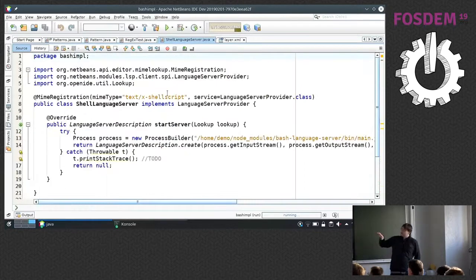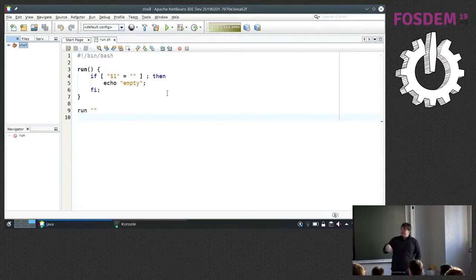As a demo, to not be too controversial, there is a server for the LSP that supports shell script. So this IDE is using that server to provide the editor features for bash scripts or shell scripts.